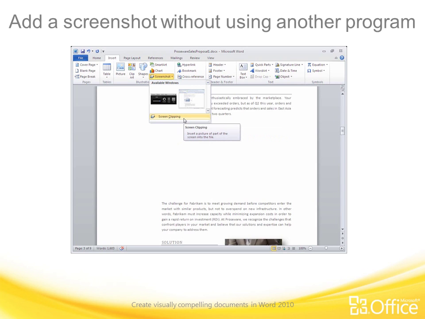So you need to make sure the spot where you intend to capture your screen clipping is the last active window. As I did just a minute ago, you can use Alt plus Tab to scroll through and select the correct active window. I've already done that here, so I know my last active window is where I want my screen clipping to come from. I choose Screen Clipping,